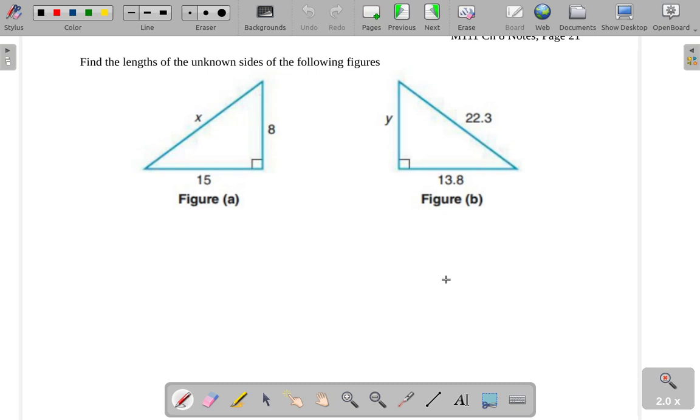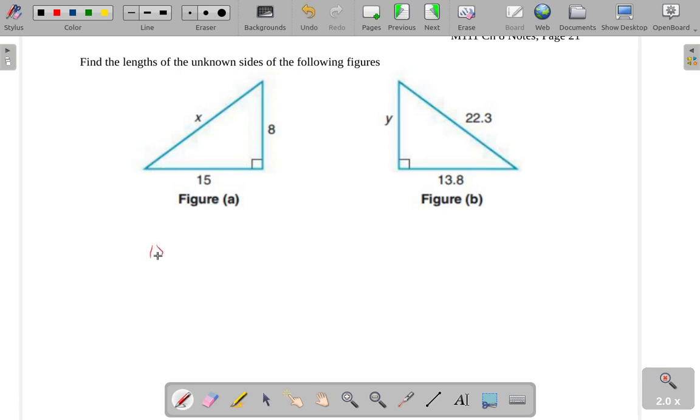With these right triangles, you'll notice that there is one unknown side. We're trying to find the length of that unknown side. And so what I'm going to do here is use the Pythagorean theorem. The Pythagorean theorem says that the sum of the squares of the two legs is equal to the square